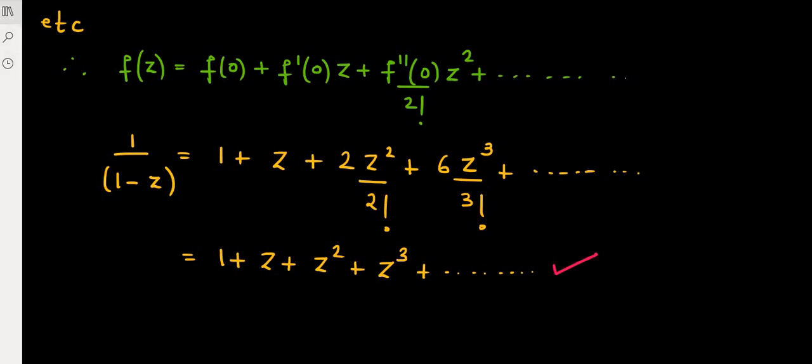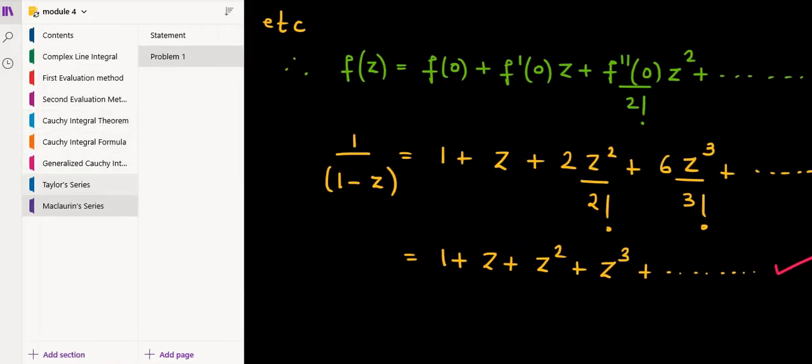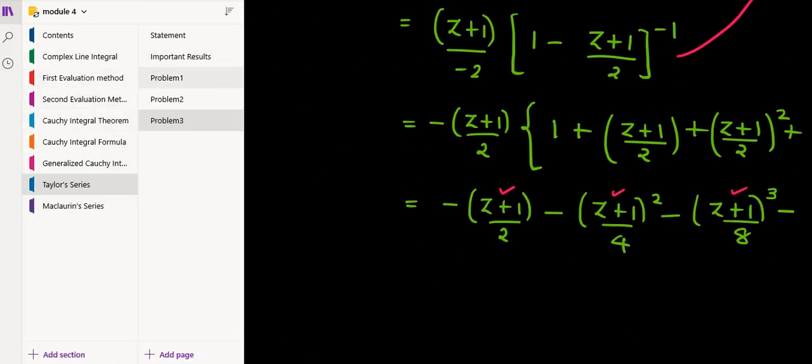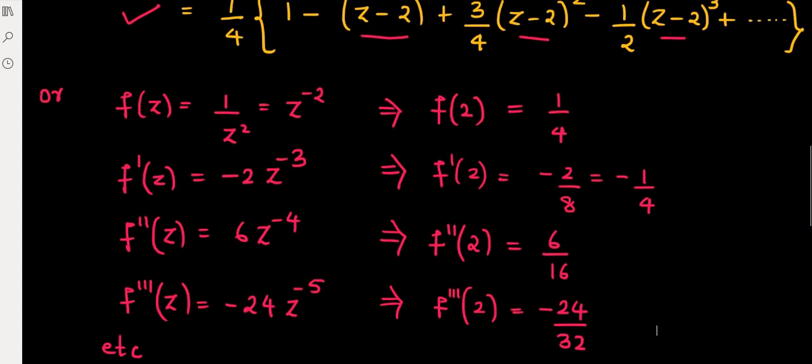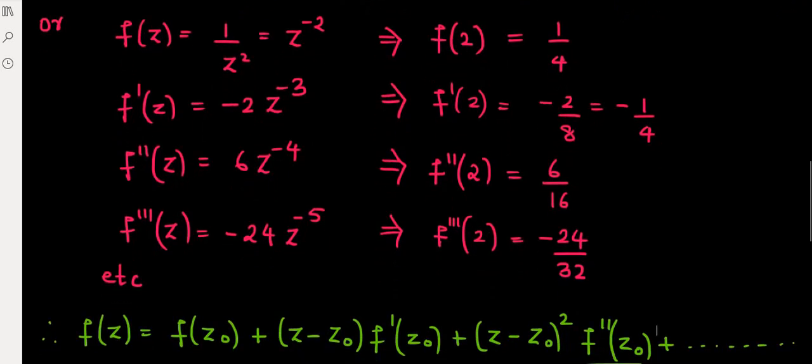Now this is the simplest method. Note that in your Taylor series expansion, there is another method for solving the function, that is, you can use the Maclaurin's method itself: find all the derivatives of that function and substitute the point. Here we are expanding about the point z equal to 2. So substitute z as 2 in these functions